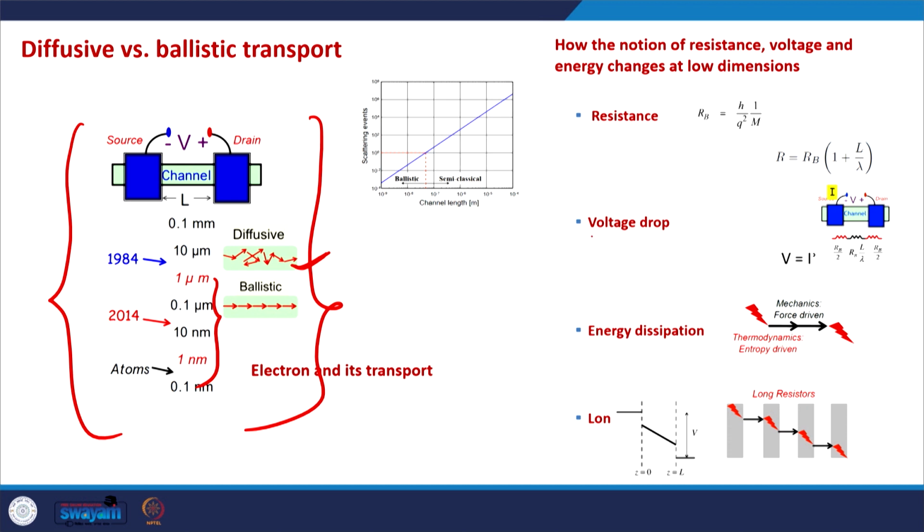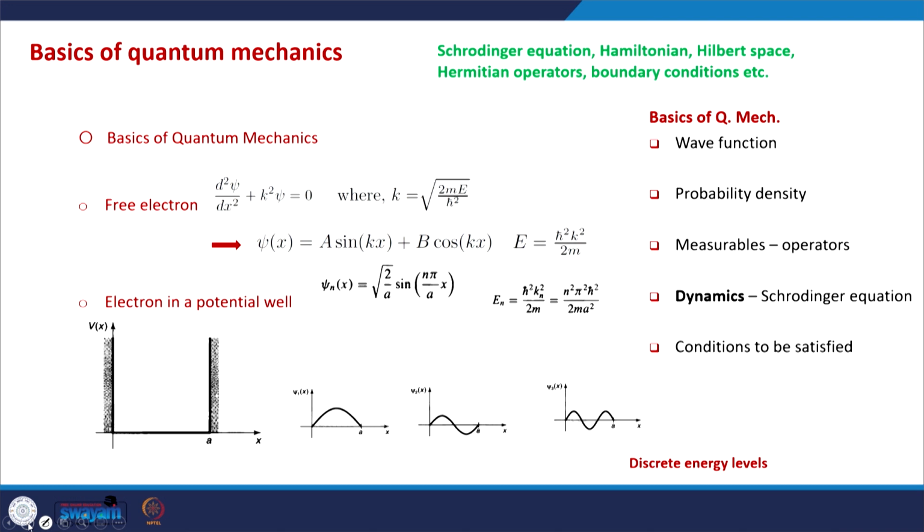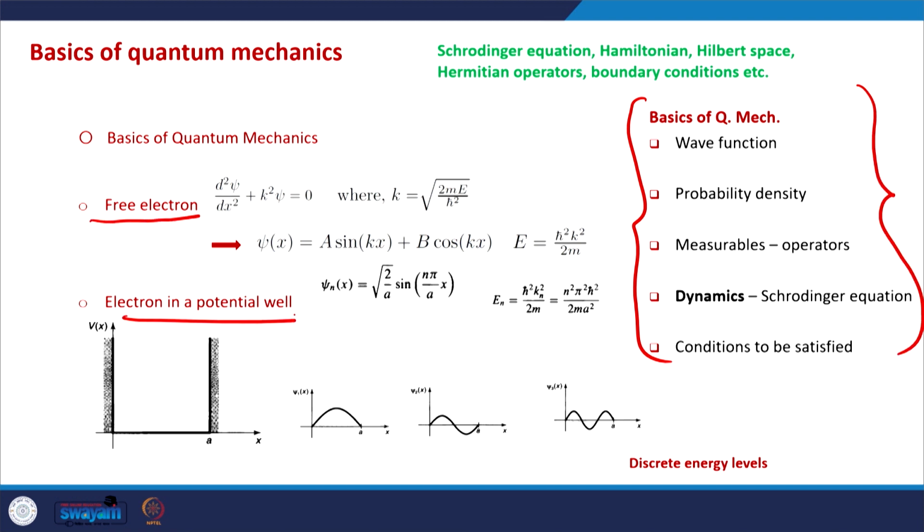They cannot explain the voltage drop in the devices, energy dissipation, IV characteristics, all the things essentially. So we need to take an entirely different approach, and that's why we start with the basics of quantum mechanics, because in order to understand anything, we need to go to the basics. So in the initial classes, we went through the basics of quantum mechanics, through the postulates of quantum mechanics, then we solved the free electron wave functions, then the wave function for an electron in a potential well. What we see from here is that the confinement of electrons leads to discretization. That is a direct consequence of quantum mechanics.